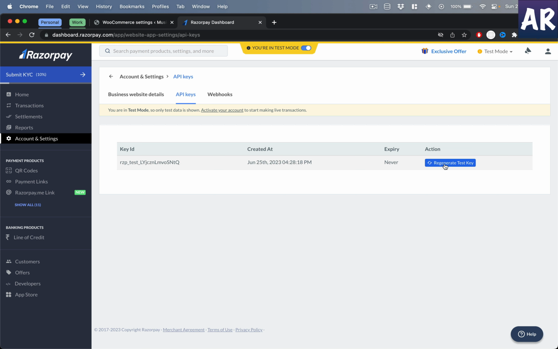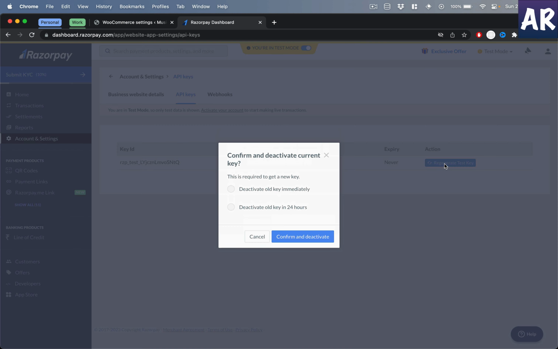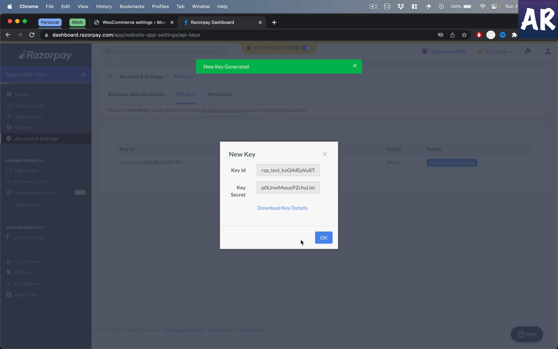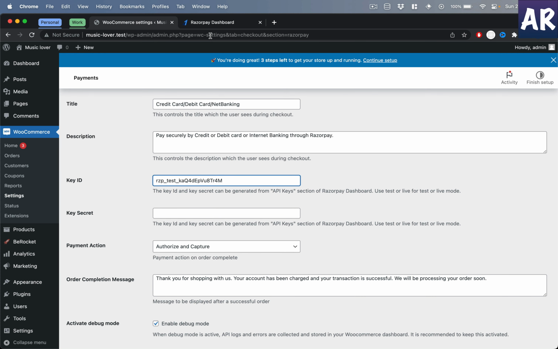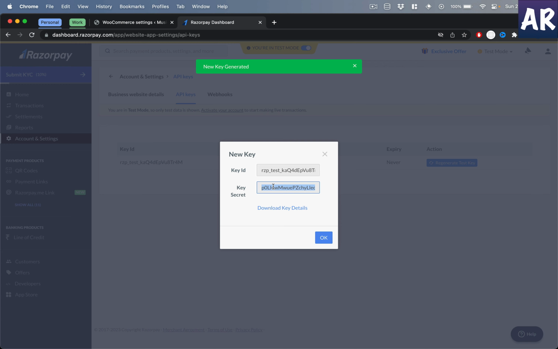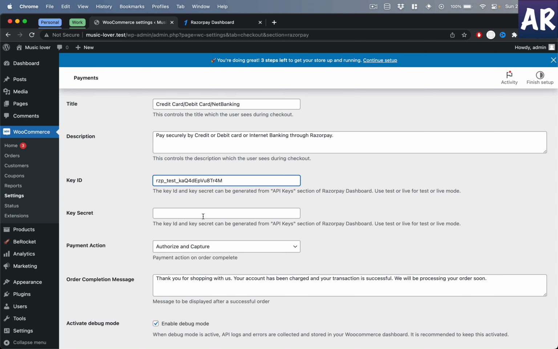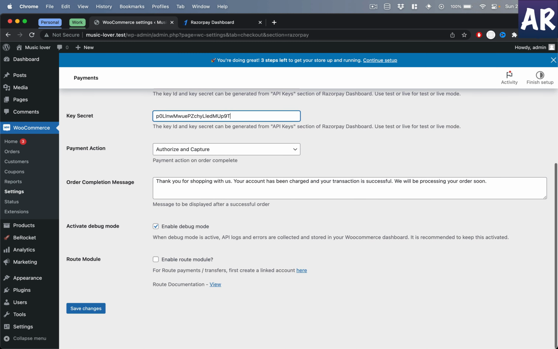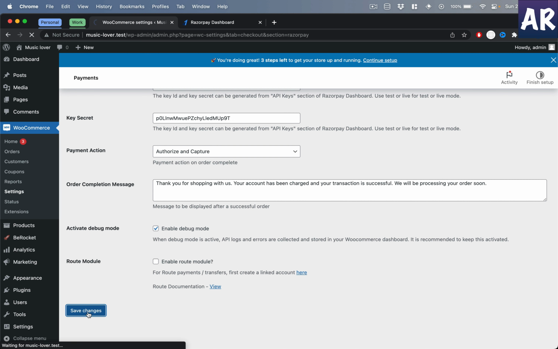So what I will do is say deactivate old keys immediately, confirm and deactivate. Now it will give me the key. I'll copy this, paste it over here, and similarly the secret, copy that, paste it over here. Now if I hit save,